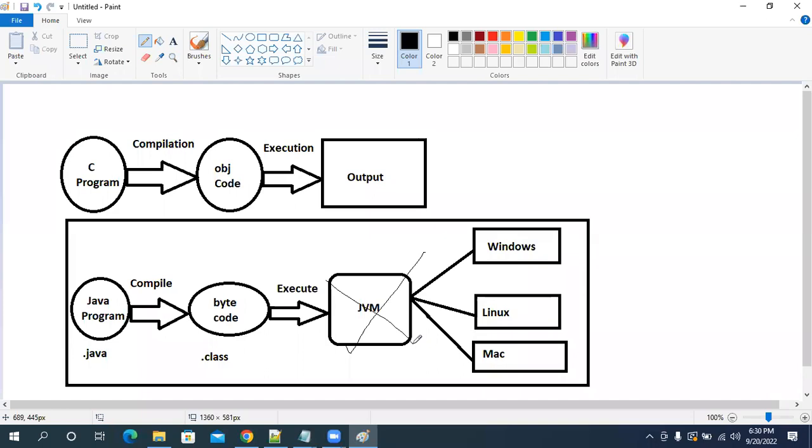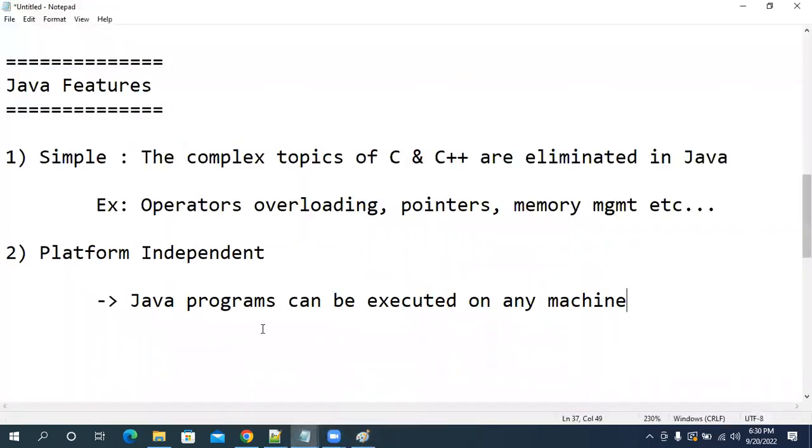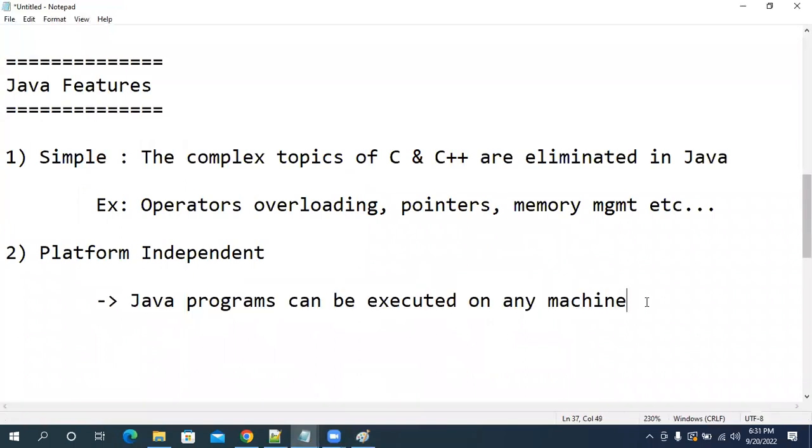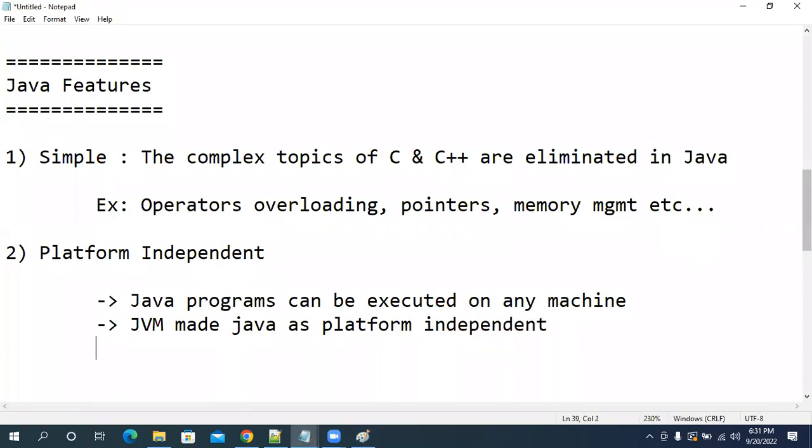Are you guys getting my point? JVM stands for Java Virtual Machine. Perfect. So Java programs can be executed on any machine. JVM made Java platform independent.